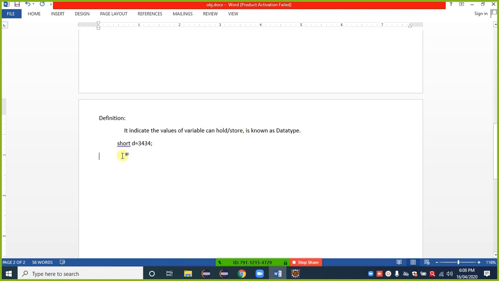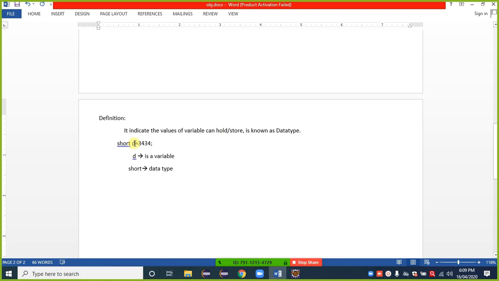So what is this? What is the definition? In this example, d is a variable, and short is a data type. Data type indicates the values a variable can hold. So what is the variable? d is the variable. And what does data type indicate?